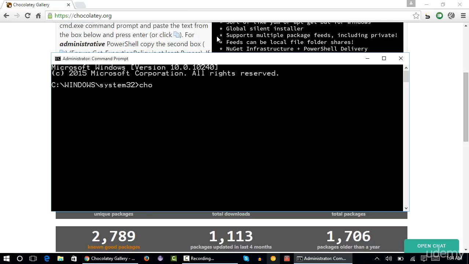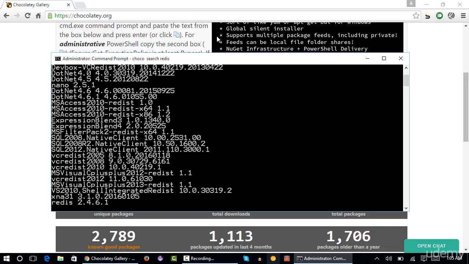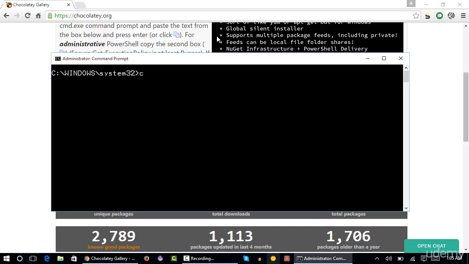If you now type commands like choco list ~local -only and press enter, you can see the SocketIO installer in action as it shows you a list of packages that it has installed locally on your machine. If you type choco search Redis, then you will see a number of entries from SocketIO's online registry which contain the words REDIS. Now for the main part, for installing the 64-bit edition of Redis, I'll type choco install